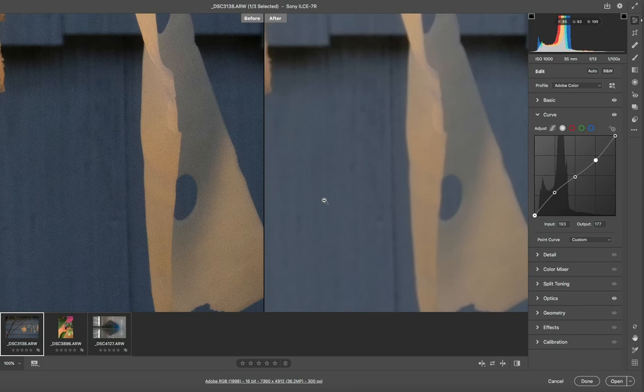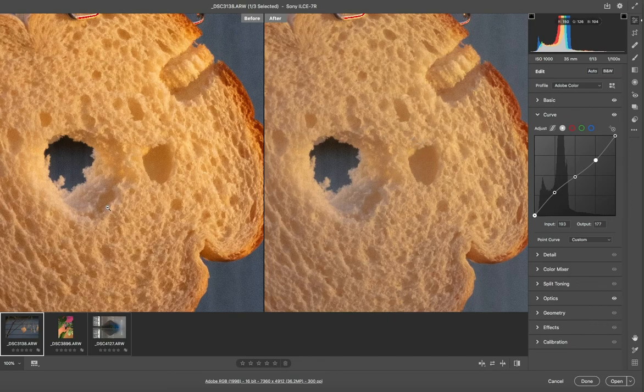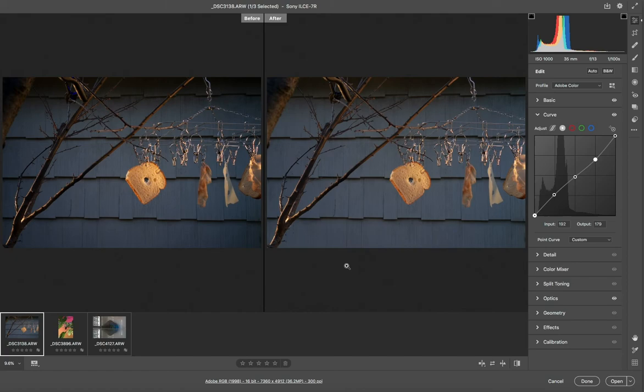So again, if I go to an area like the bread, you can clearly see that the contrast has changed, but you control the amount of contrast. It's not like you're using a slider. You control the fine tuning of your, let's say this is a shadow area, I can make it a little darker. I can make this not quite so bright. So you have full control of the way your contrast would look when you're using the tone curve panel, what it was called before the update. Now it's just called